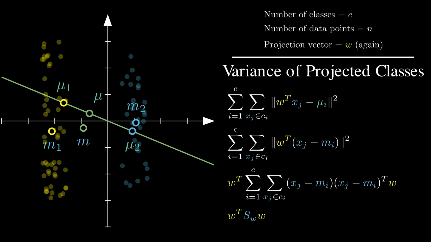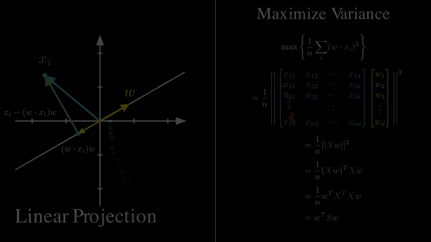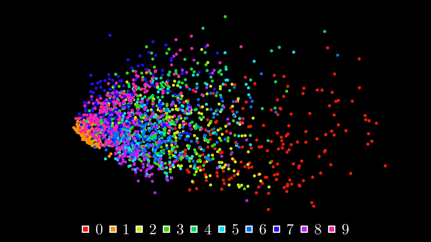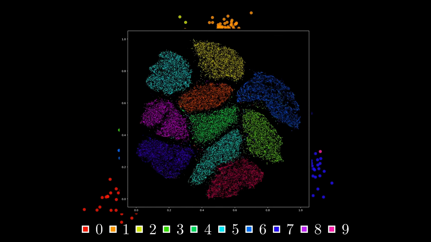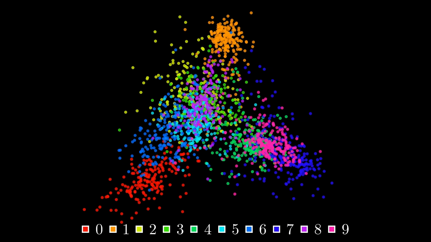So far, the two techniques we've seen are both linear transformations, which are useless in the face of data such as these concentric circles or this spiral. Also, both 2D visualizations haven't been great either. How can we get near-perfect plots like these? Well, this can be done with nonlinear methods, so I'll throw in the famous